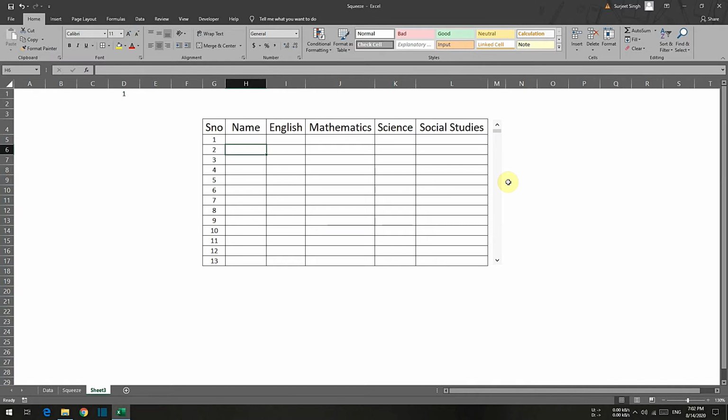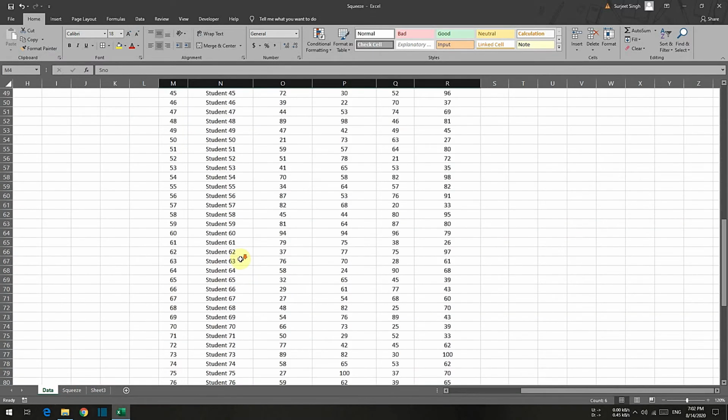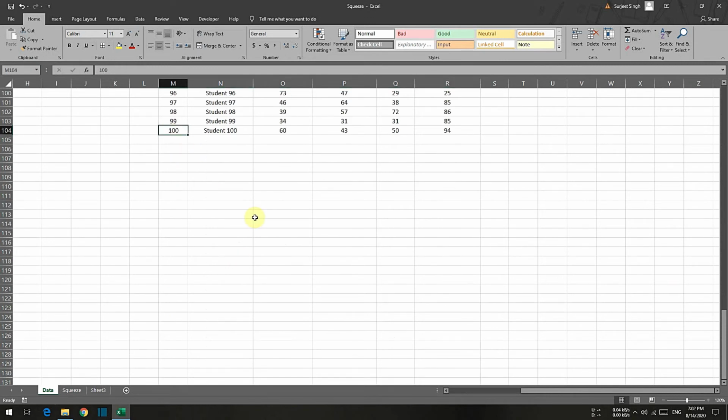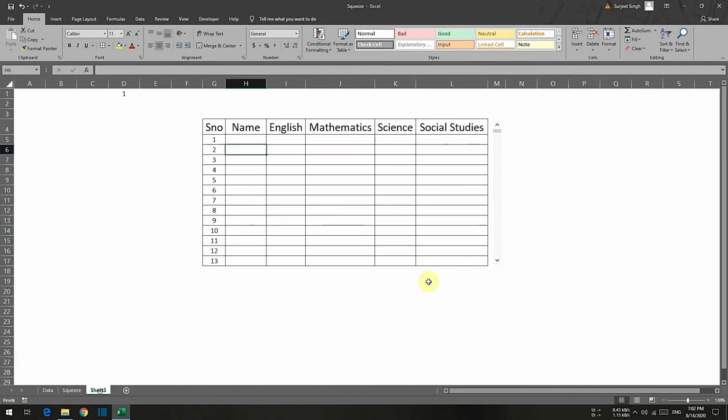If you remember, we talked about the maximum number, right? I have 100 total students available, so I will write 100 here. As you can see, I have a total of 13 numbers here, so this can be 13, 14, as per your space and requirement. Nothing to worry, I will write 13 here.